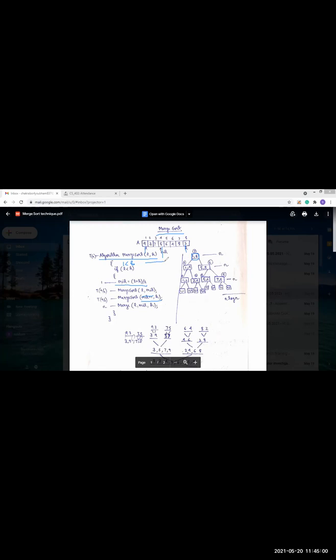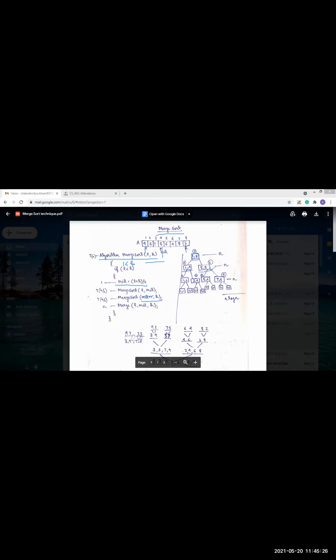So here, if we take this example, then what will it become? Our low is 1 and mid is 4. So one part of the list becomes 1 to 4, and another part of the list is mid plus 1 to high. Now our mid plus 1 is what? 5, and high is what? 8. So 5 to 8.